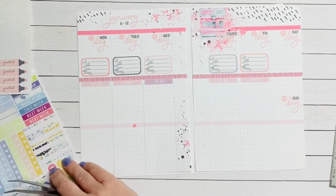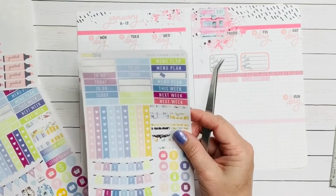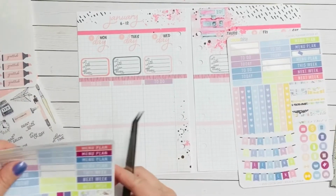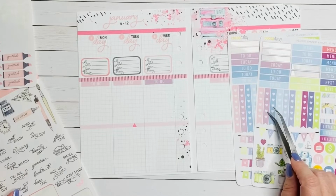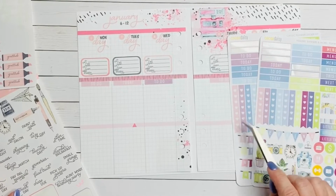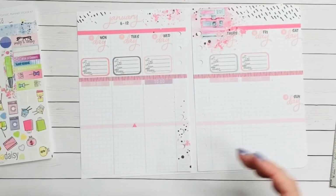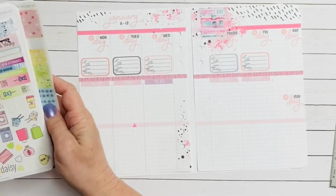So now I need checklists. I think these checklists are too long, but I might still use them if I need to. Okay, so I have one checklist that's pink here. I guess I will use that kind of purpley one. I need more pink checklists. Okay, so while I think about what I'm going to do for my checklists, I'm going to go over here